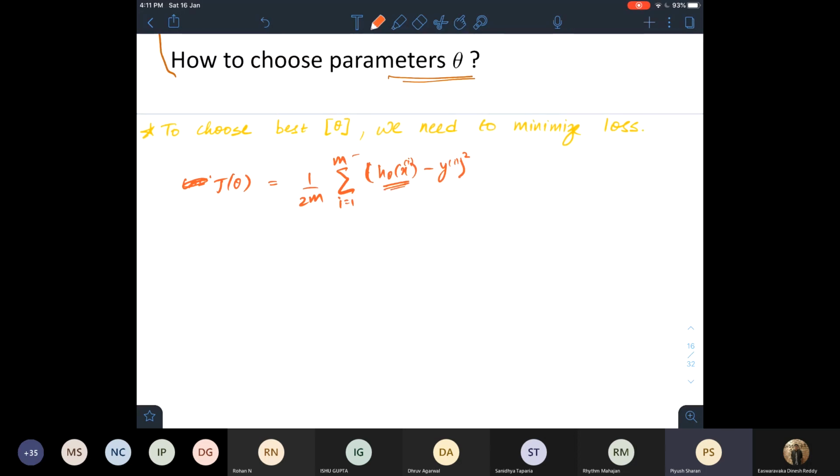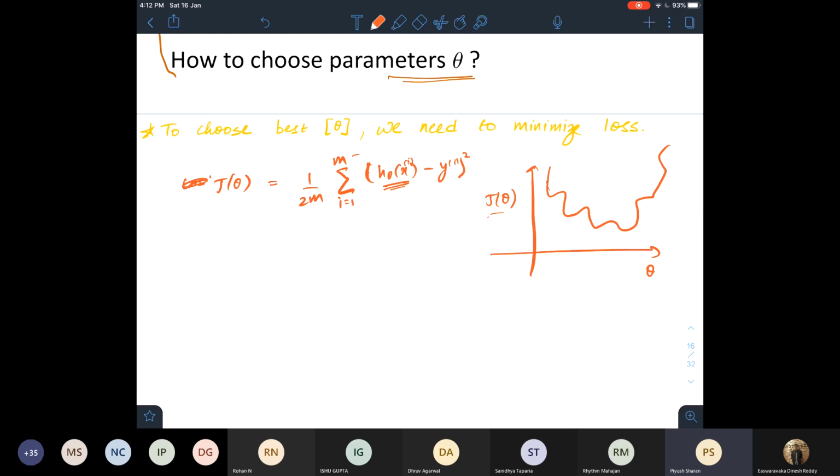I mean in the case of logistic regression, because the h theta of x is different, we won't end up at a convex function. Instead our function would have looked something very different, like this. I'm plotting theta versus J of theta. Basically what I mean to say is that it wouldn't necessarily have been a convex function.